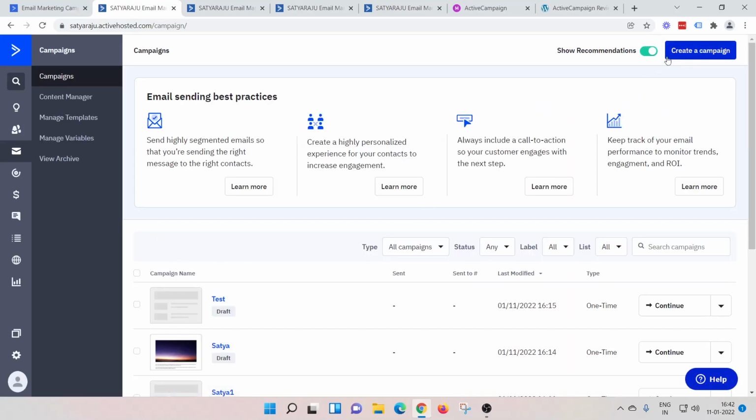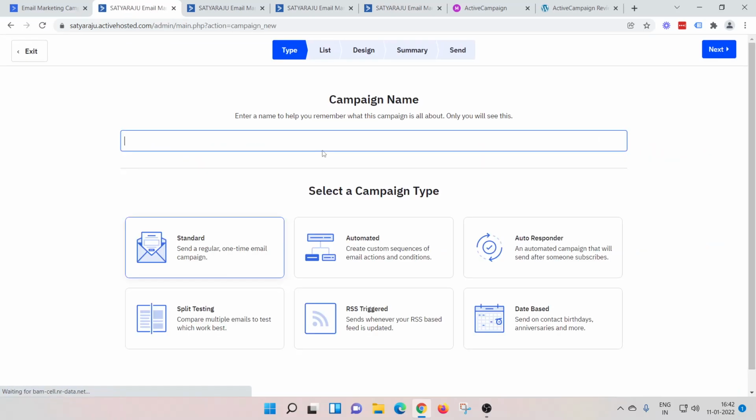So you can create a campaign. There are 6 types of campaigns that can be created in ActiveCampaign. Standard campaign, which is a one-time email. Automated will go to the automations tab again, where you create an automation workflow. And the autoresponder is basically to confirm emails to add them to a list. Basically, it's a double opt-in feature that allows you to add people to your email list only when they confirm their email. Remember, ActiveCampaign charges you when the contacts are active and when they are subscribers to your list.